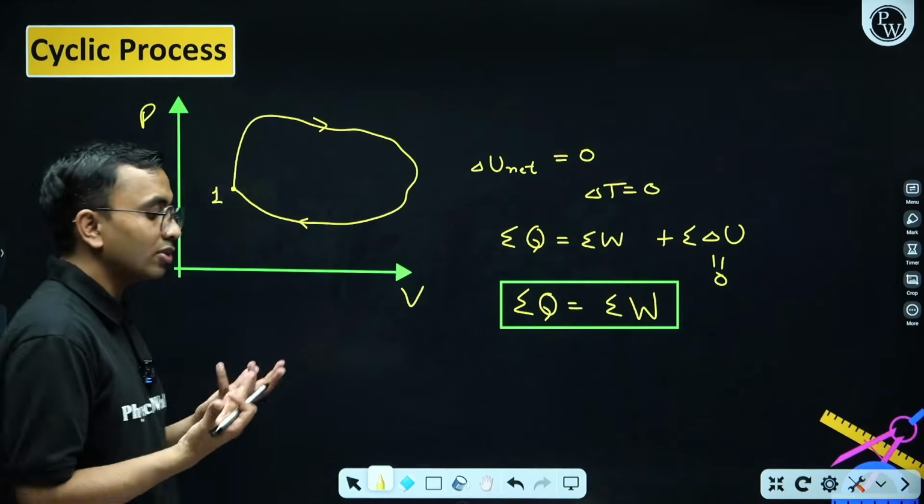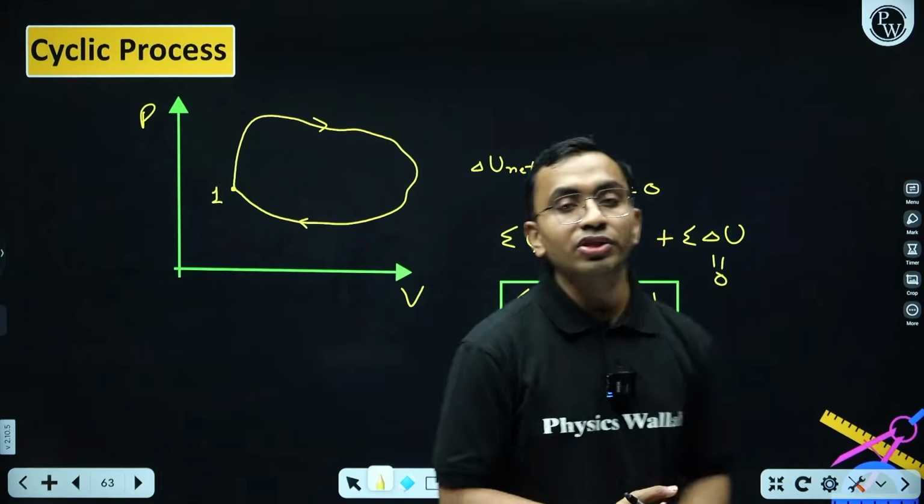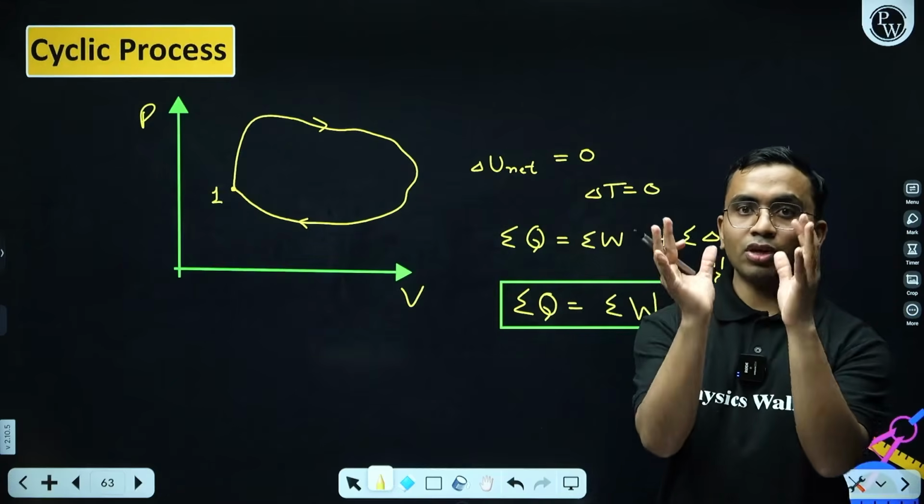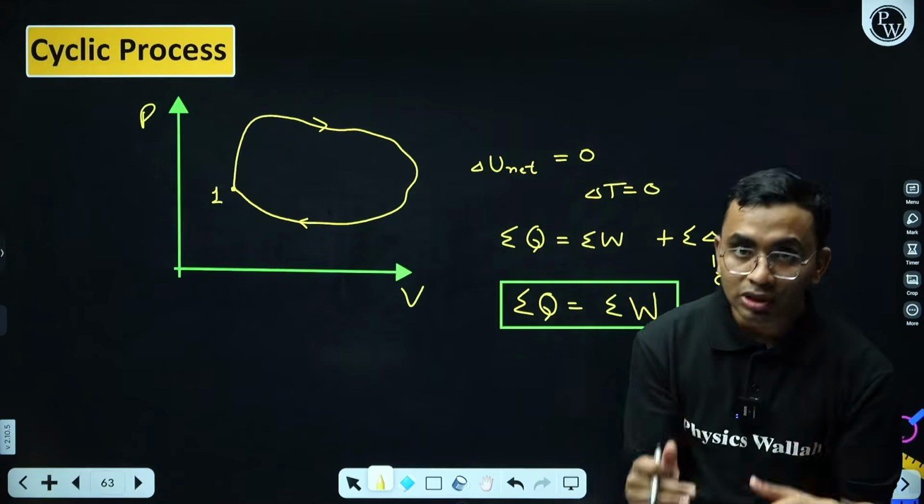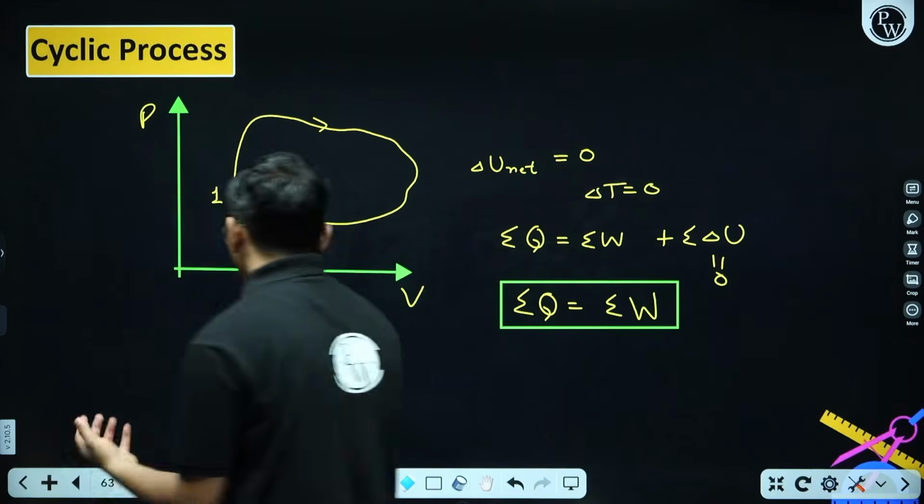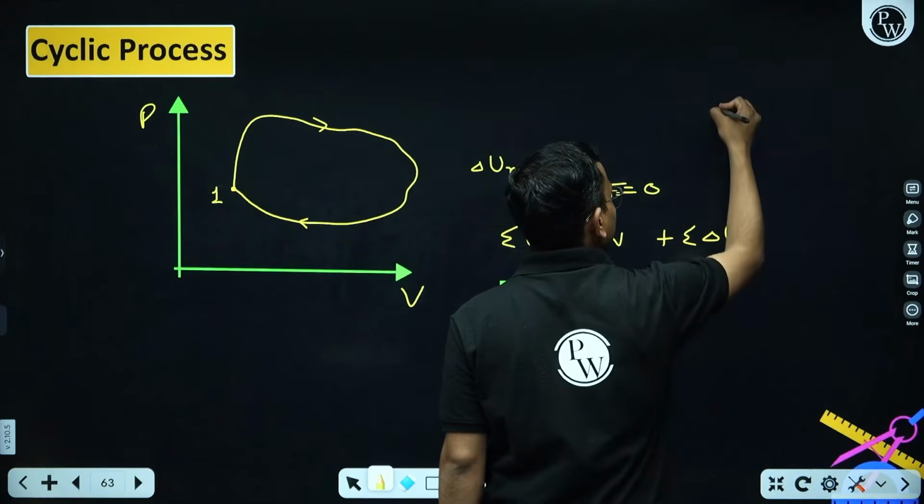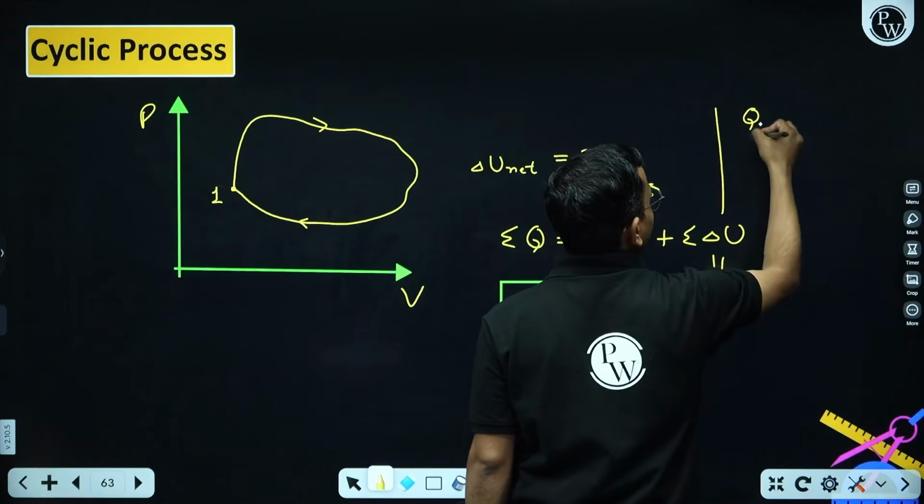Sometime in a cyclic process efficiency is asked. Find the efficiency of the cycle. How we find the efficiency? We say efficiency is equal to how much work is done divided by how much heat is provided to the gas. Okay, so let us take in the process I am considering that Q1 is the amount of